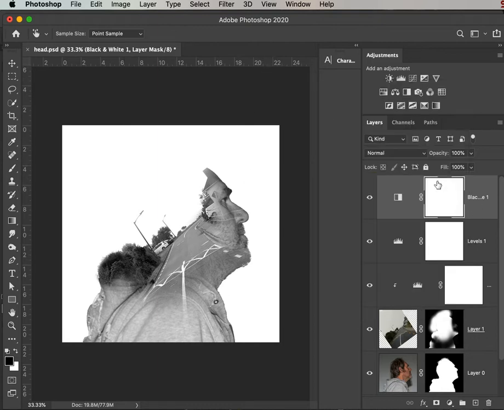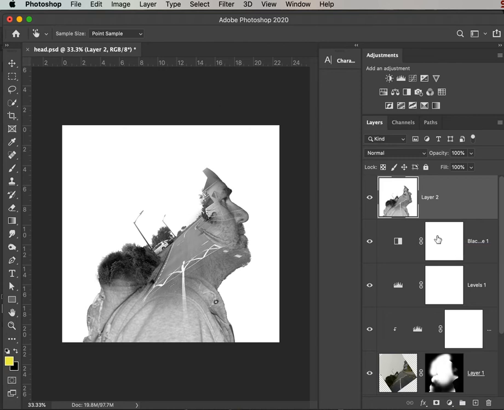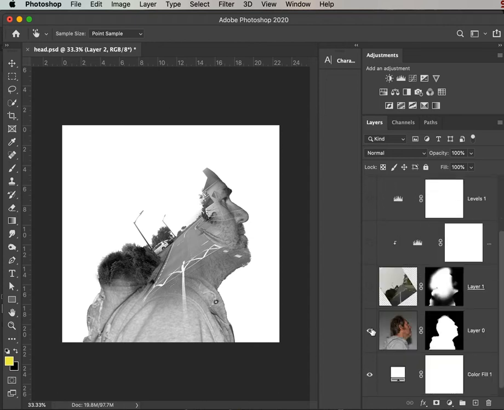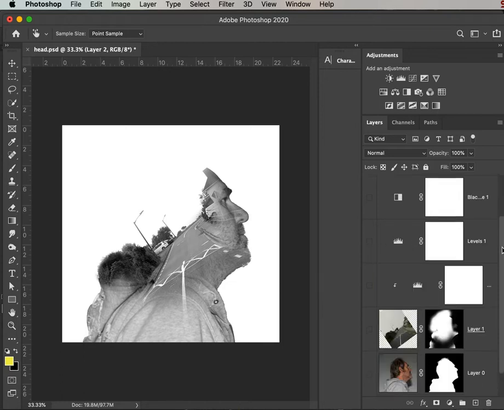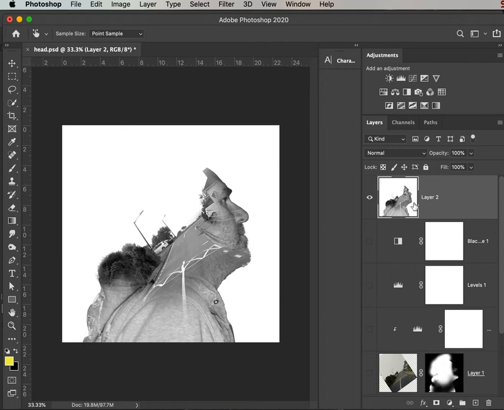Close that. The other thing here as well is if you hold down Command Option Shift E, it will actually make a copy. So I can switch all these other layers off. It's taken all these layers and grouped it into just one. Sometimes if you want to play around with things, it's a bit easier to work with this. So the reason I did that is I can come in here now and I can